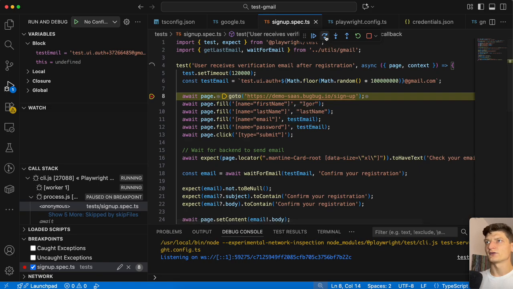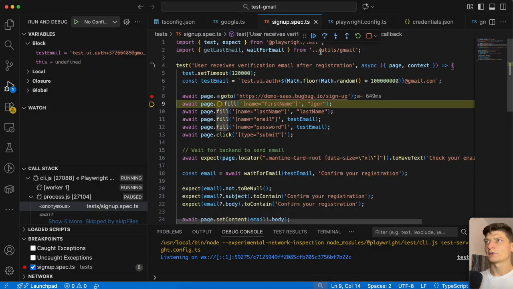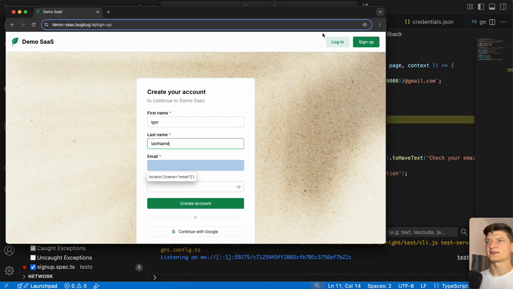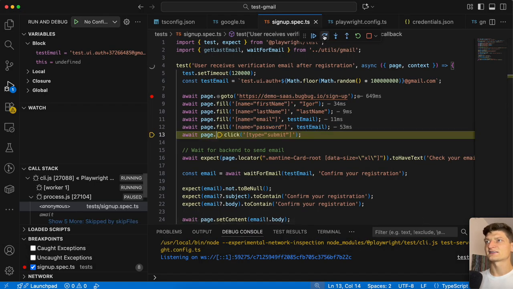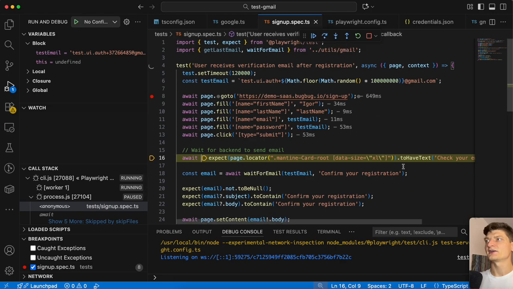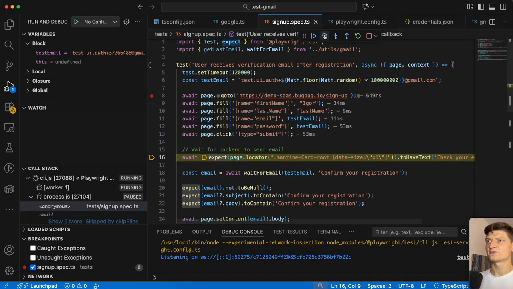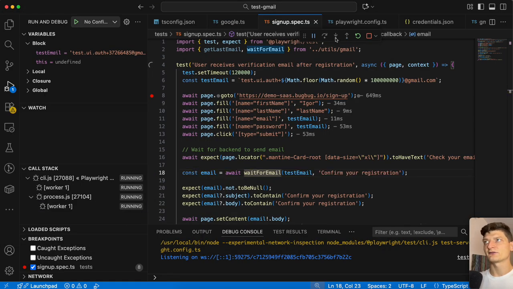First, we are going to open our homepage. We are going to fill in our name, last name. We are going to fill in our email, next password, and hit create an account. Next, we are waiting for the check your email message, and let's go inside of the wait for email function, which is